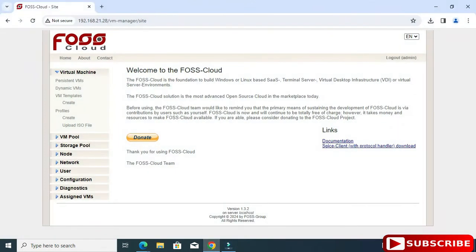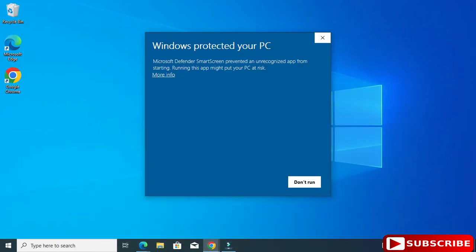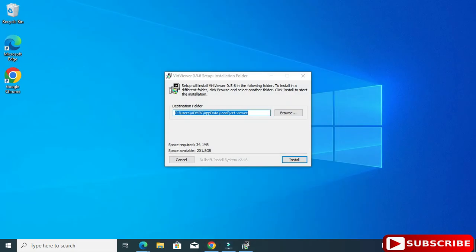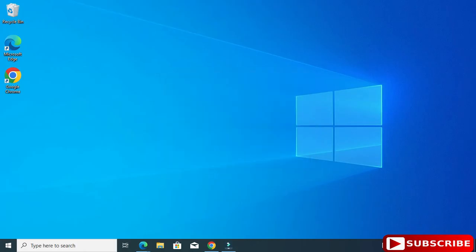This software together is going to help you for accessing your desktop. Now again install it. Just follow the instructions and click on the install button over here. It will get installed. Installation is done, but there is one problem, guys. When you create a virtual machine and you try to access that virtual machine infrastructure or desktop, it does not allow you to access. For that you need to do one setting in your Windows registry. Just follow my video and you will be able to successfully access your virtual machine.